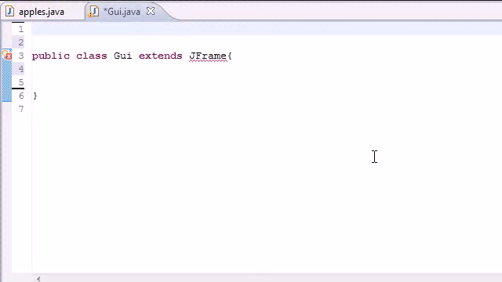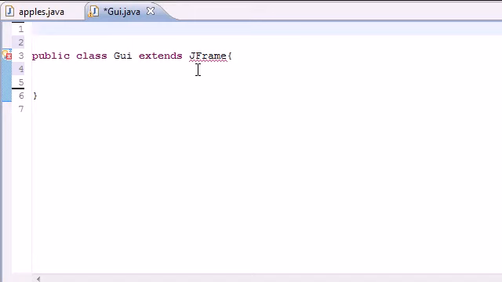Welcome to your 74th Java tutorial, and in this tutorial we're going to be going over something called mouse event handling. Now, we already went over stuff like list and what we want the program to do if the user clicks a button or something, but we didn't go over what they would do if they press the mouse or click it, or if they drag the mouse. In this program we can respond to mouse events that the user does, like if they click it or if they move it and stuff like that. So let's go ahead and get started, and then once I'm done with this program, you'll understand how to respond